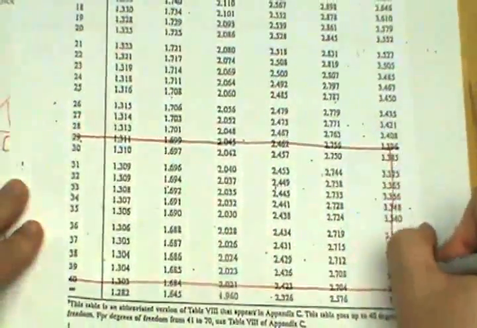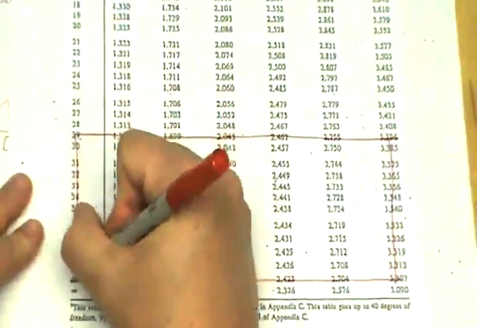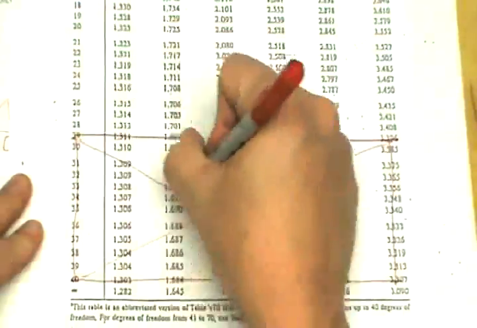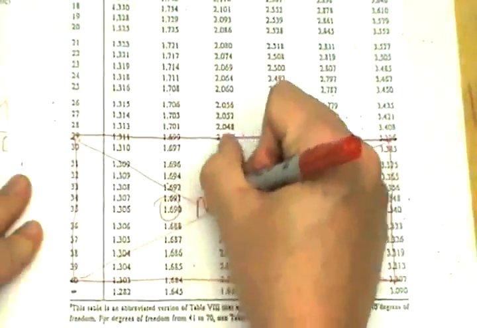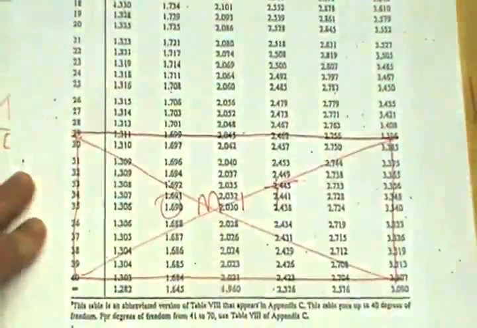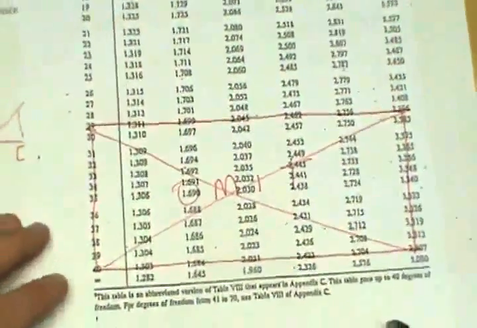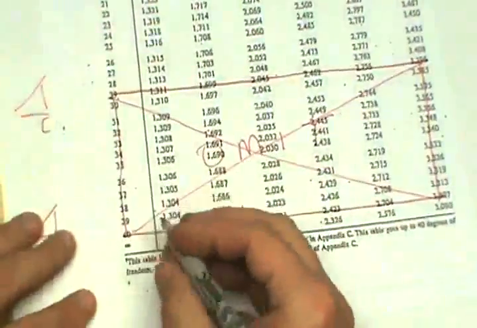And so what I'm going to do is simply put a line through all of this, and then put a big X through that, and write "omit." I'm not going to use that whatsoever. The last thing I'm going to do to doctor up this chart to make your life a little nicer is